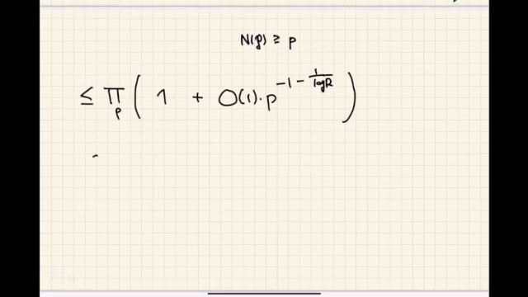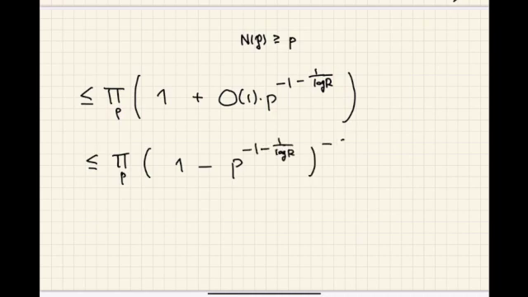And I can do an operation like this: 1 minus P to the power of minus a bounded quantity. So this is because, for epsilon a positive number,